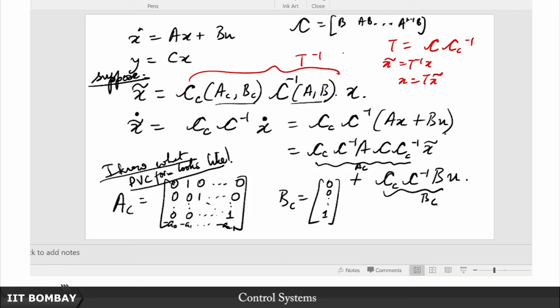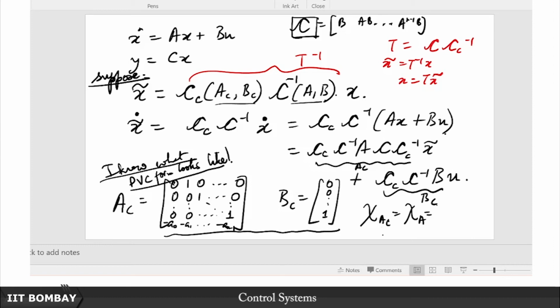Once you have done that, you just keep it aside for use later, and then with this form, you know what the denominator polynomial of your transfer function is, that is going to be the characteristic polynomial, isn't it. So I know that for this, the characteristic polynomial of A_C, which is of course the same as the characteristic polynomial of A, because under similarity transformation the characteristic polynomial does not change, we proved that earlier. So many pieces coming together all at once.